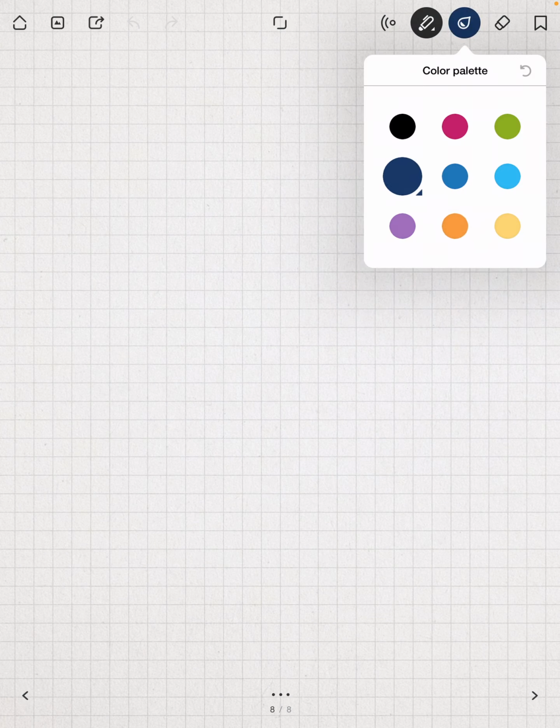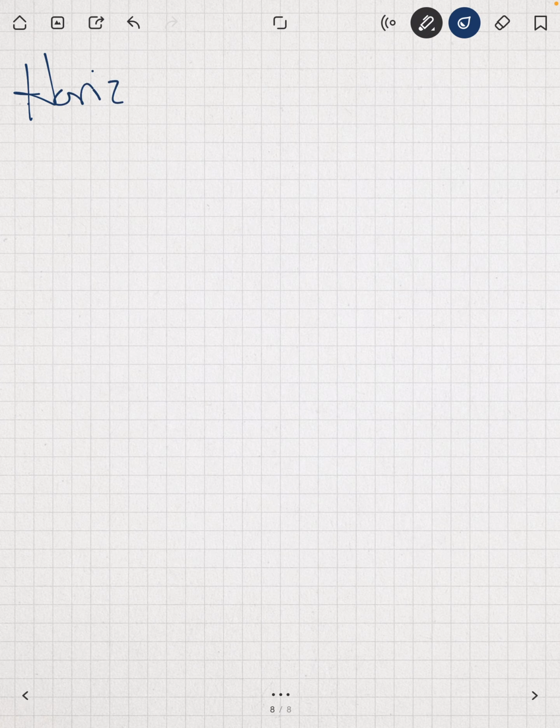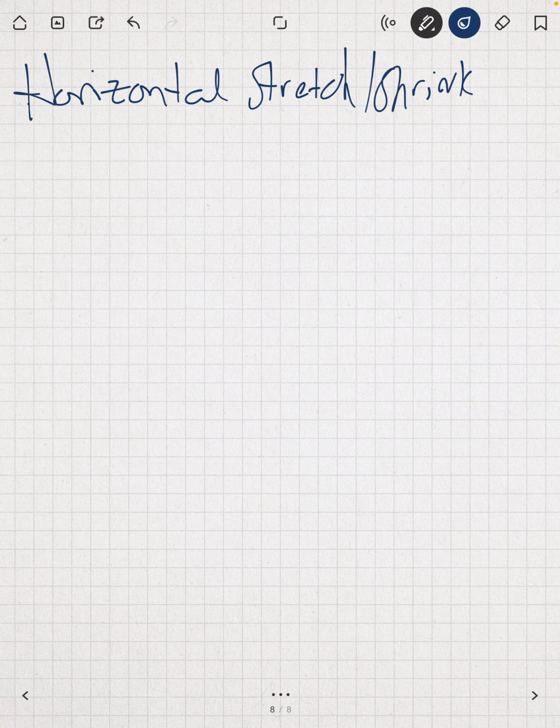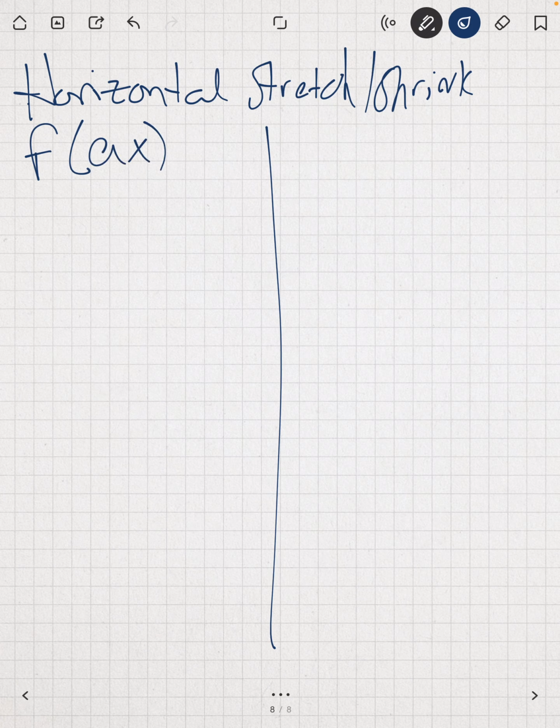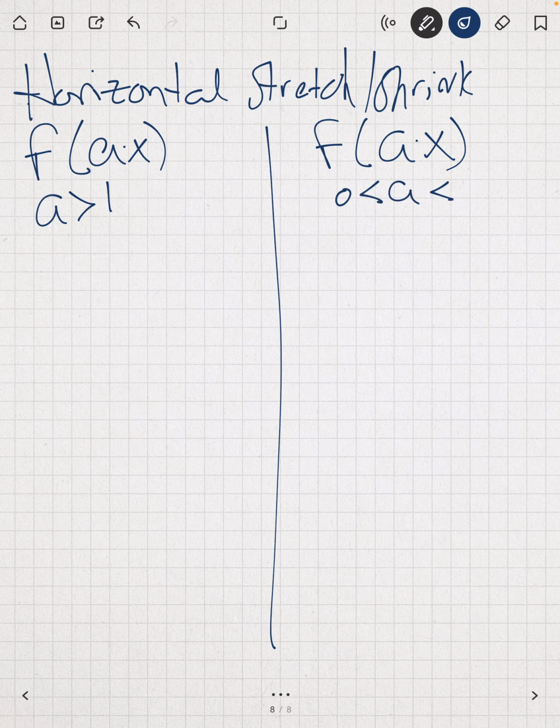Here we have horizontal stretch or shrink. And so now what we will have, and I'll just go ahead and divide it down the middle to begin, we're going to have f of a times x, right? Before the a was out front, but now it's on the inside. And here, when it's greater than 1, or between 0 and 1,